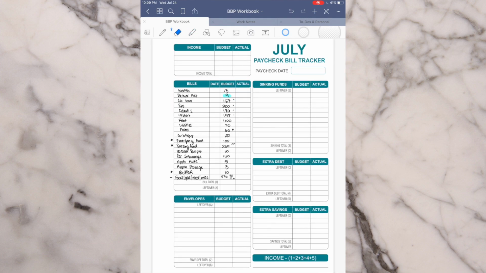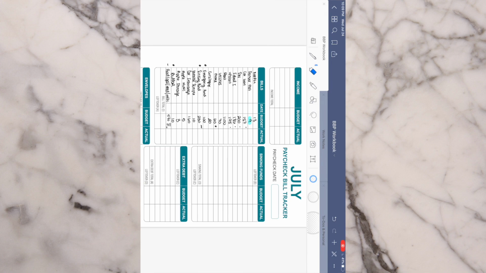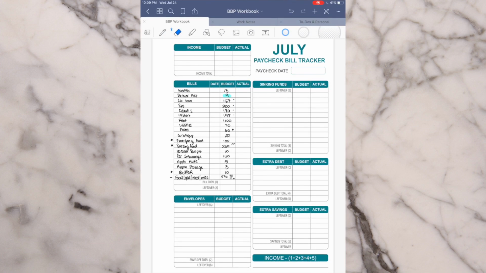Start doing something like this on like an Excel sheet, writing all of your variable and your fixed expenses, and figuring out how low can you get everything, or where is a comfortable place that you can get everything so that your money can do what you want it to do and not the other way around.